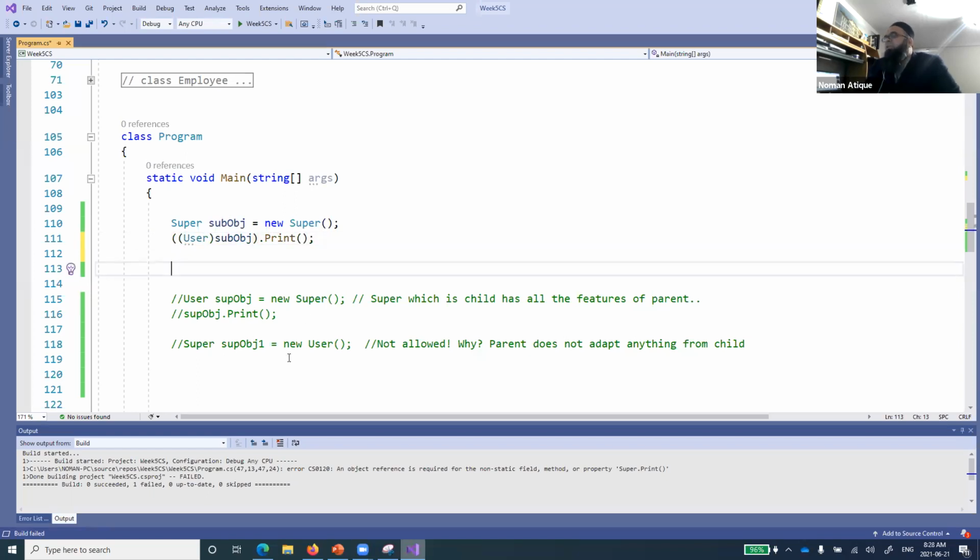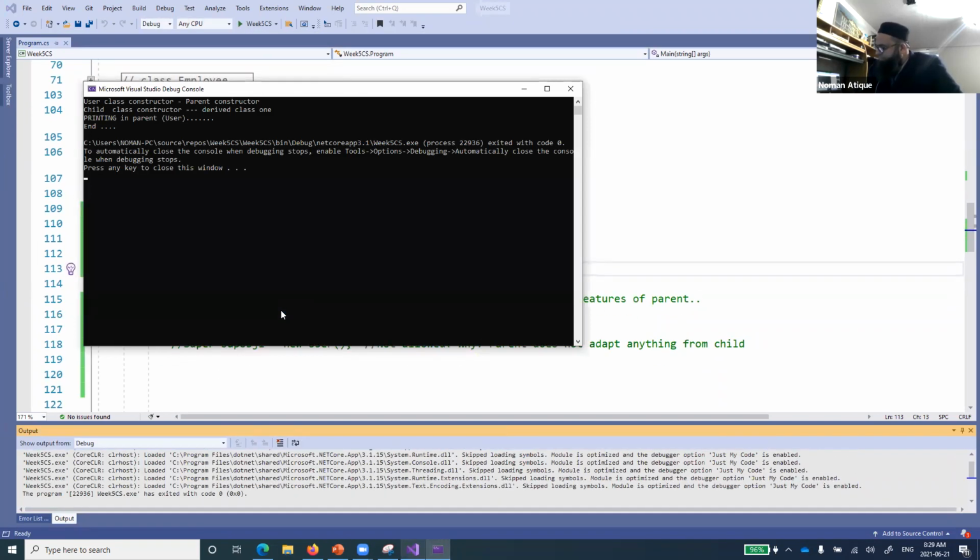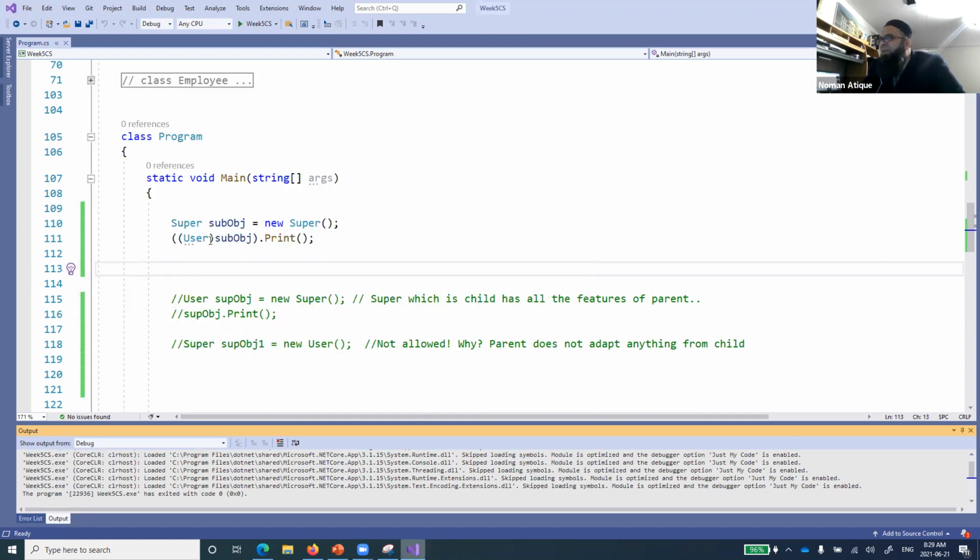You see, casting of object. This is another very important concept, and I'll discuss it. Now, what is happening? Which method should be called here? Now we have cast it. Even though it's an object of the child class, we are casting it to the parent. So now what will happen? You see which print method will be called over here. You see, printing in parent, right? And before that, when I did not cast it, of course, it was accessing the child method. You understand?